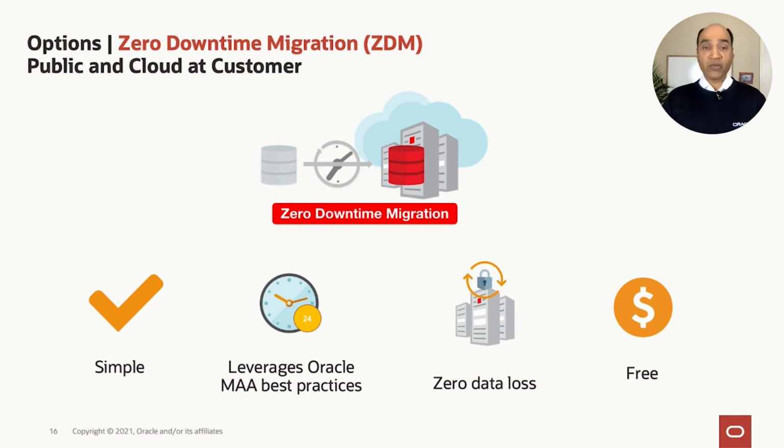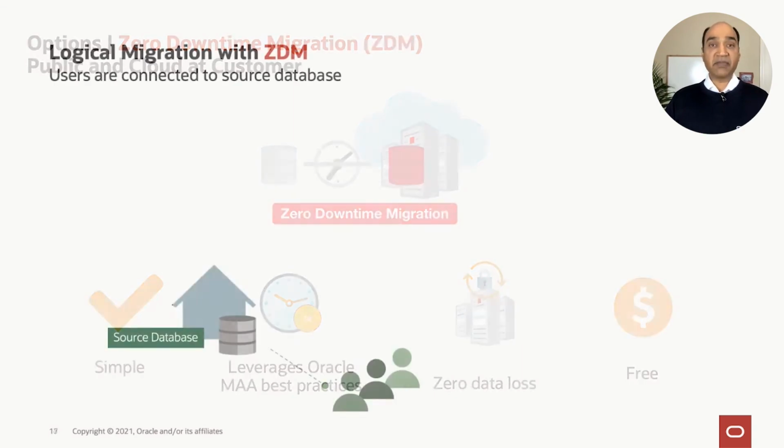But talking from an autonomous standpoint, it simplifies a lot of the tasks that you would have with Data Pump, running pre-migration checks, setting up availability. So it uses the MAA best practices of Oracle using Golden Gate to ensure that it is moving trail files to the target and does a cutover such that the downtime is close to zero. And so let's take a closer look at how ZDM works step by step.